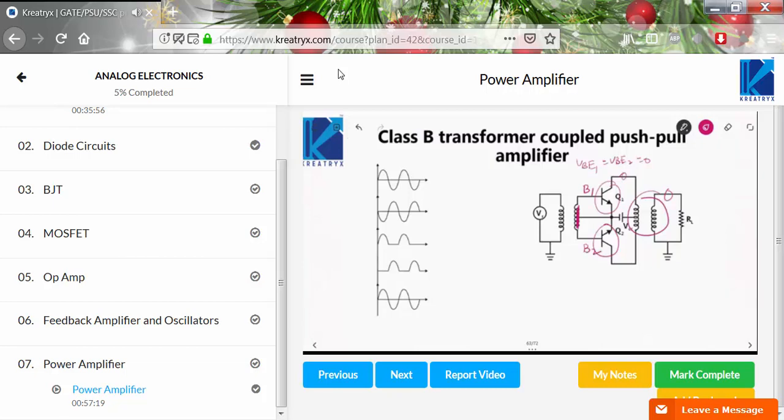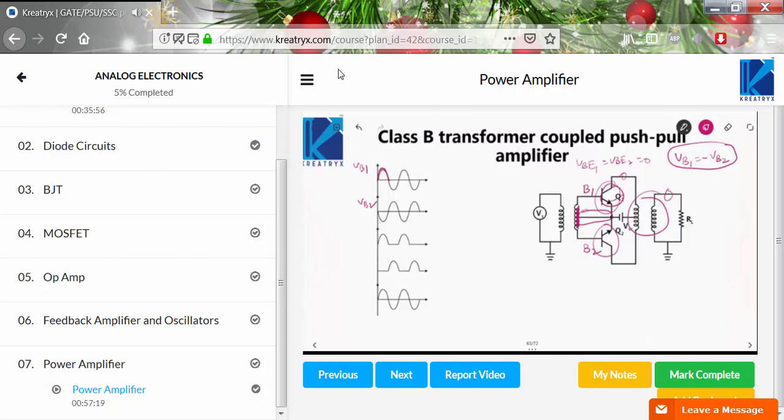Since the secondary winding of the input transformer is center tapped, this center tap transformer can divide the voltage into two equal magnitudes with opposite sign. That means VB1 equals minus VB2. For example, if VB1 is like this, then VB2 is here, and both have a 180 degree phase shift. Now, when VB1 is positive, the Q1 transistor will conduct and